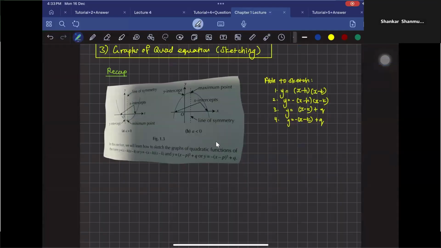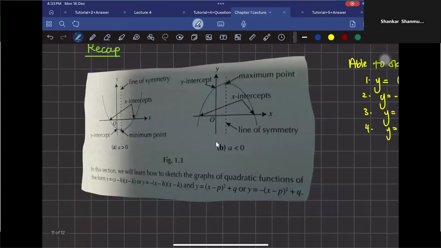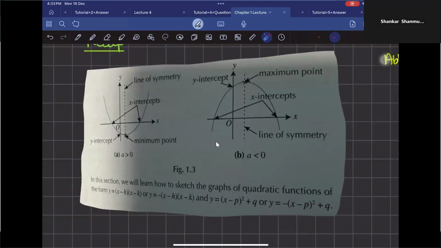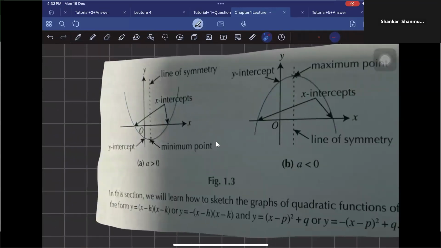Okay, hi guys. Now I'll be doing the last part of this chapter, which is sketching of graphs for the quadratic equation. So let's do a quick recap. Your x-intercepts are the points that cross the x-axis. This happens when y is equal to 0. Similarly, your y-intercepts are the points that cross the y-axis, and this happens when your x is equal to